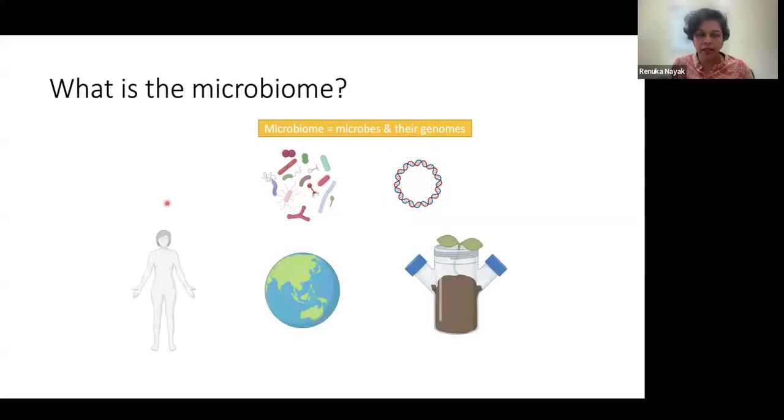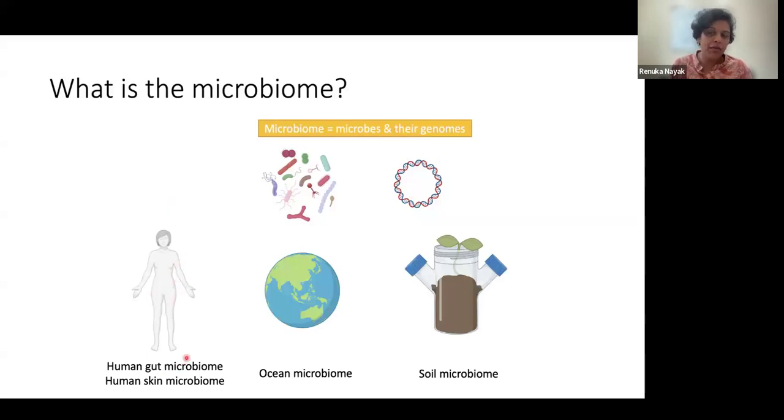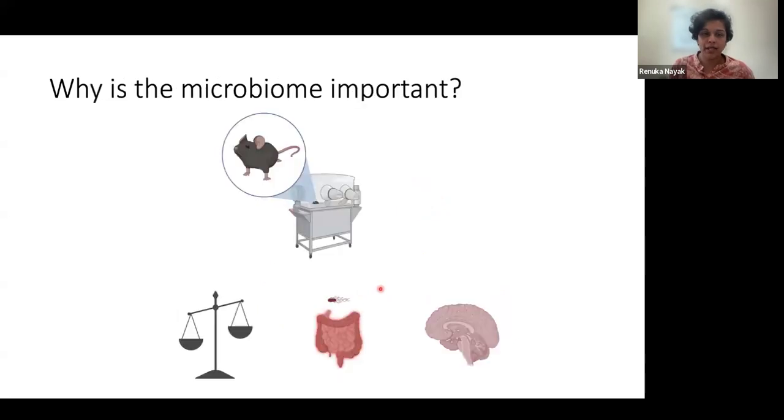And there are all types of microbiomes. As a physician scientist, the one that I care most about is the human microbiome, but even within the human, there are different kinds of microbial communities. There are microbes that live in the gut that reside in predominantly anaerobic conditions, and those on the skin that exist in an aerobic environment. There are other microbial communities that reside in other environments as well. Investigators study the ocean microbiome, the soil microbiome. And what we've come to appreciate is that these microbes can have significant impacts on the environments in which they reside.